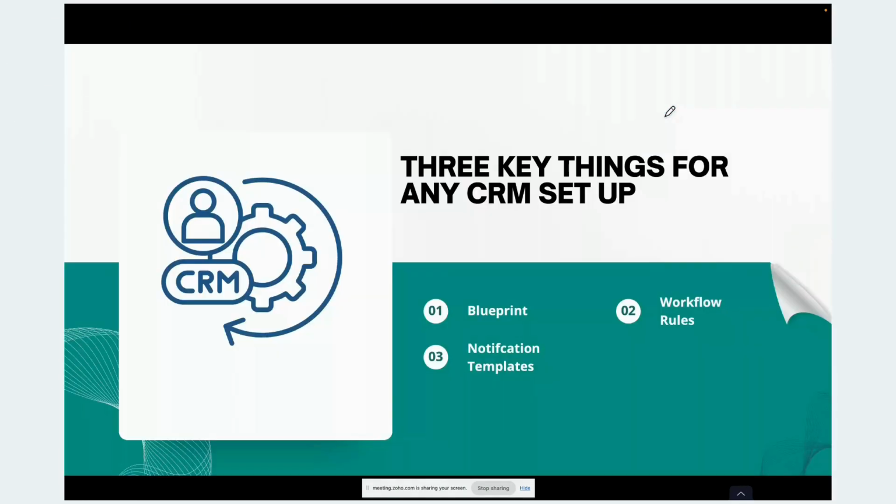Now, three key things for any CRM. Why will you, and how will you start? Whenever you look at your business and think about scaling it to the next level, you have three challenges. Challenge one is the blueprint. You want your organization to work on a route map which you have prepared for it, so that if your next generation joins the business, they can work only on that route map.